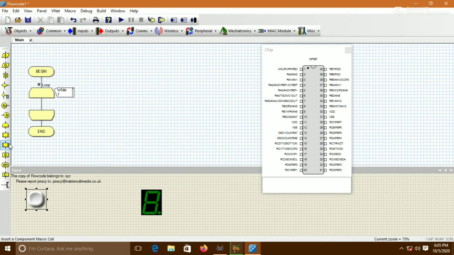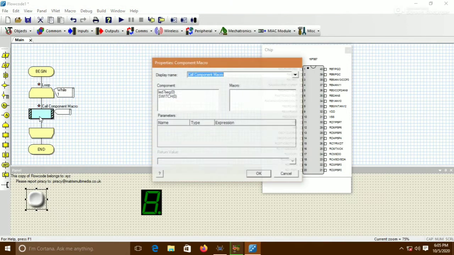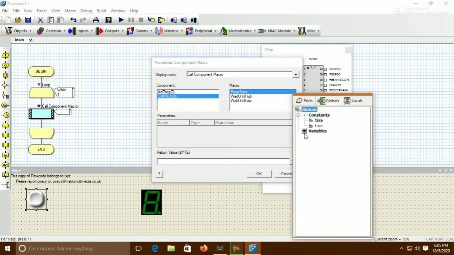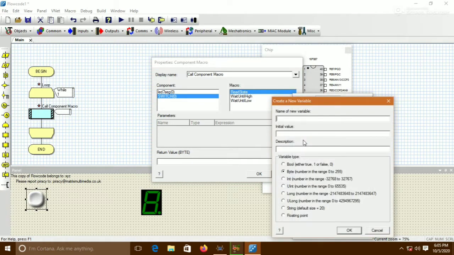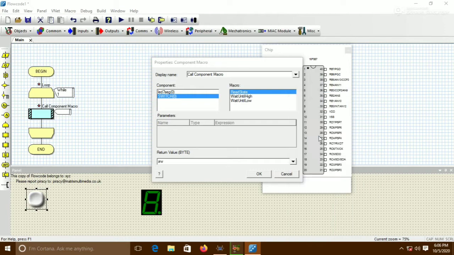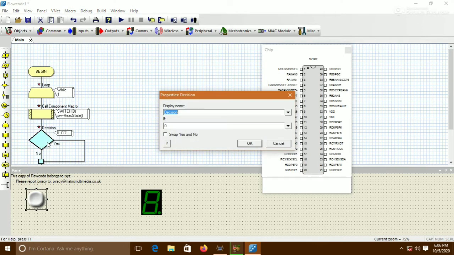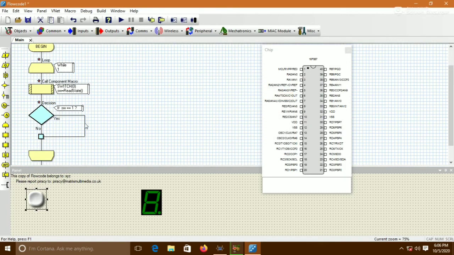Now, getting an infinite loop, call a component macro. First, we have to read a switch value to a variable. First, add a new variable. The name of the variable is SW and its initial value is 0. And read the switch value to the SW variable. Then I check whether the switch is pressed or not. So SW is equal to 1 or 0. If it is 1, then I